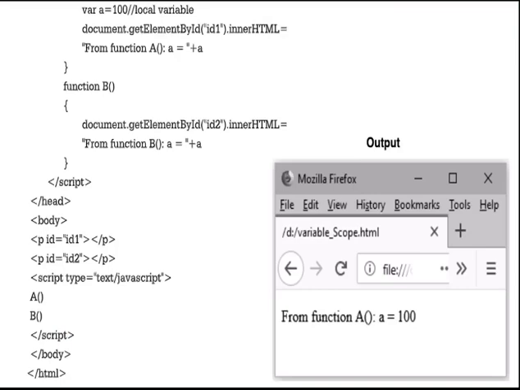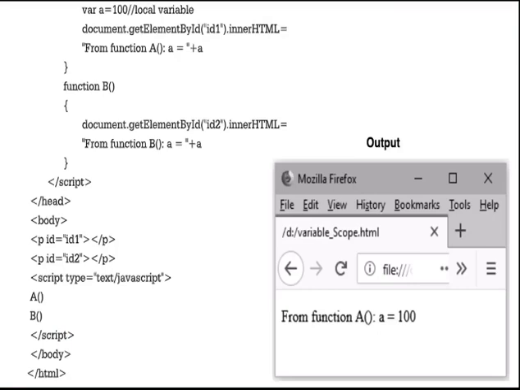No, we are not going to get any output after calling function b, because variable a is a local variable declared inside function a. So it is not accessible inside function b, and whatever we have written in function b is not going to execute. Then close function b, close the script tag, close the head tag, and open the body tag.